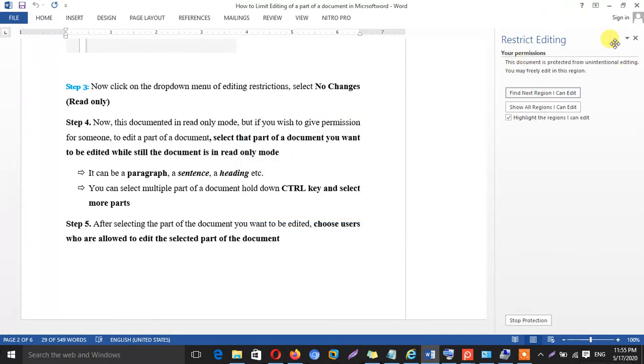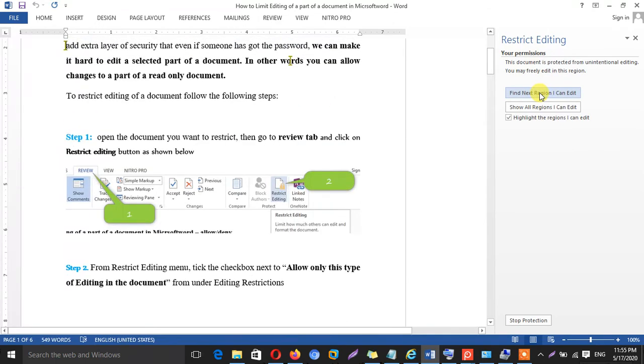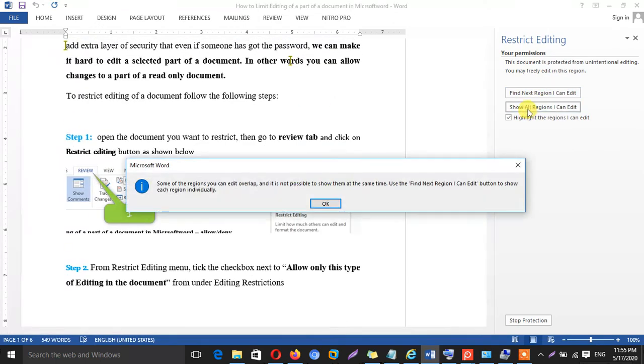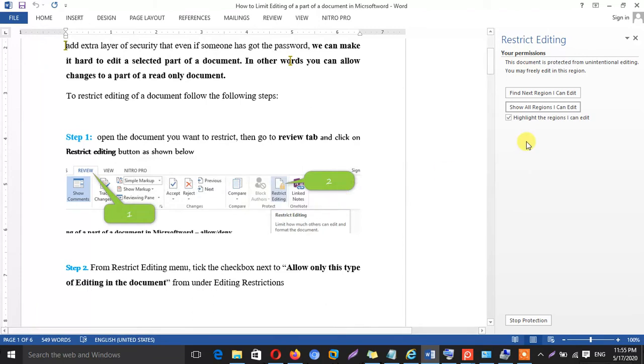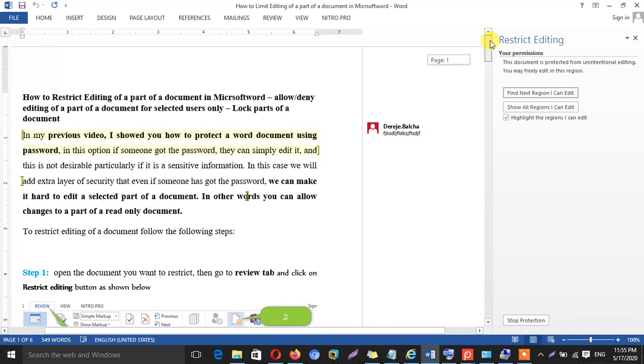Yeah, so here it is showing me the document is protected, and I can check which regions I can edit. It is showing me the only regions I can edit are this one.